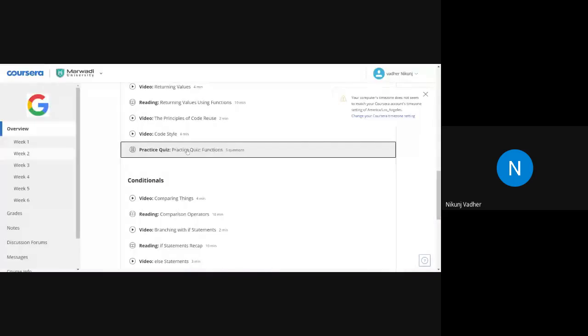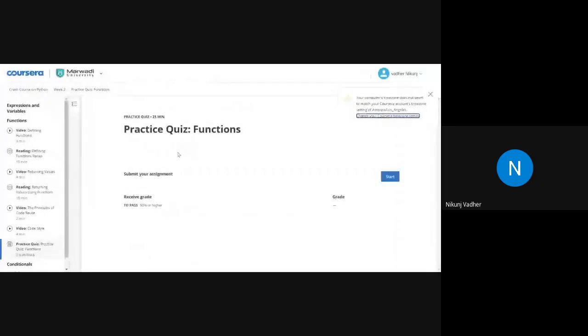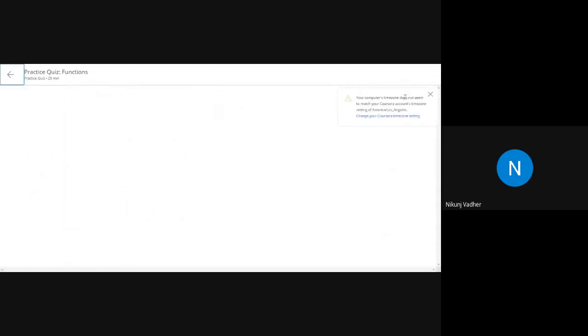Then there is a quiz on function. If you look at the quiz, they have specified that you have to score a minimum of 80 percent marks, and they have given an example: complete the function to return the result of conversion.